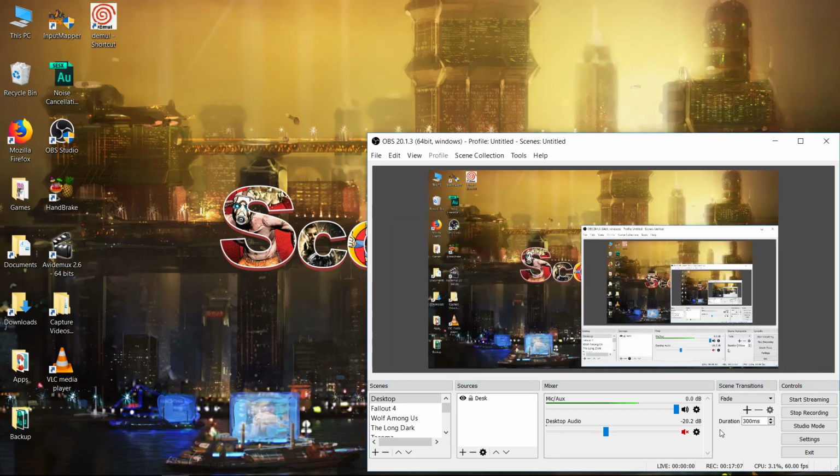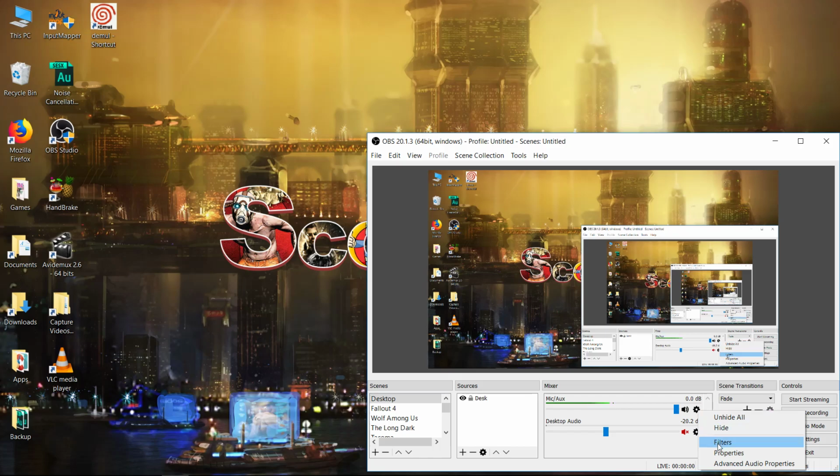Now once you've done that, the last thing for you to do is just adjust your audio levels. One thing that might be useful to you is, if you go to your mic and aux here, if you go to the little settings cog, I normally find that having the mic full and then adjusting your desktop audio down is the best option. Or you can even just adjust the audio levels of the game in-game, and that means you won't need to adjust the desktop audio at all. So anyways, go to your settings cog in your mic aux